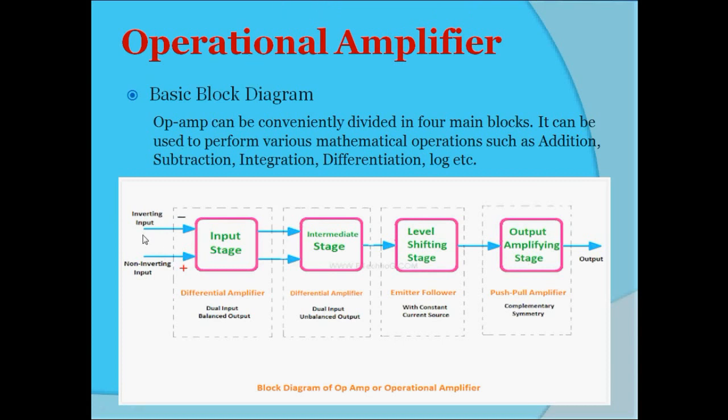There are two inputs, we can see here two input voltages we are providing. This stage will provide the maximum voltage gain, and this output will go to the second, intermediate stage. Again this stage will provide some gain, because of which the DC level will increase, and to reduce this increased DC level, the level shifting stage is used here, which will reduce the DC level to 0 volt. And at last, this is again an amplifying stage, which provides amplification, increases the output voltage swing, and also increases the current capacity of the op-amp.